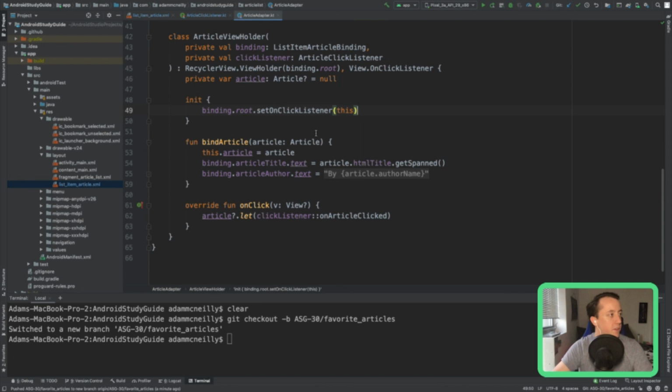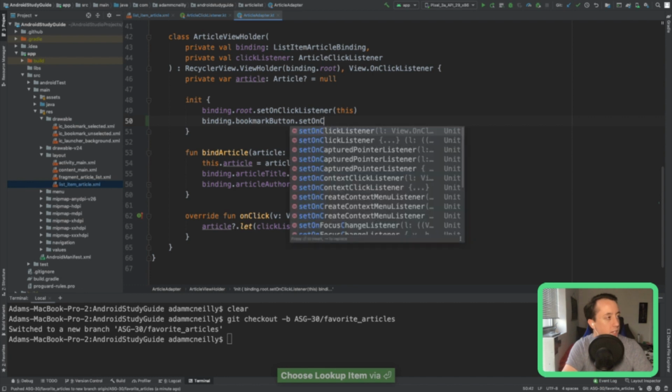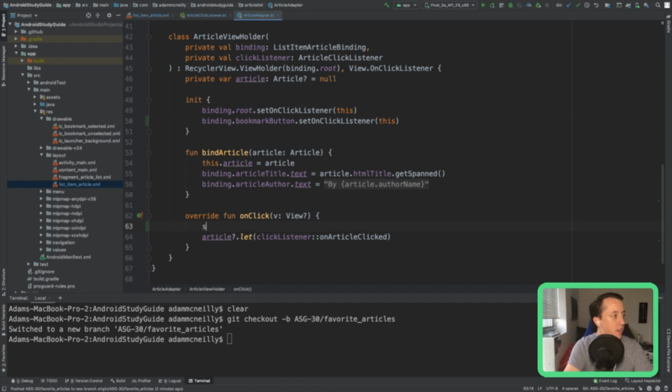So inside our adapter, what we'll do is we can say binding dot bookmark button dot set on click listener, and we'll still just use this, but now we're gonna have to change this method to consider the ID that was clicked. So we can just use a when statement here. We could say when v dot ID.